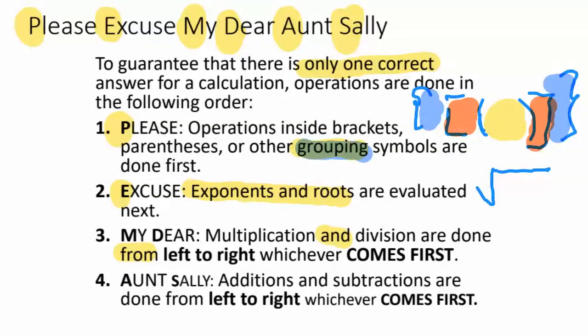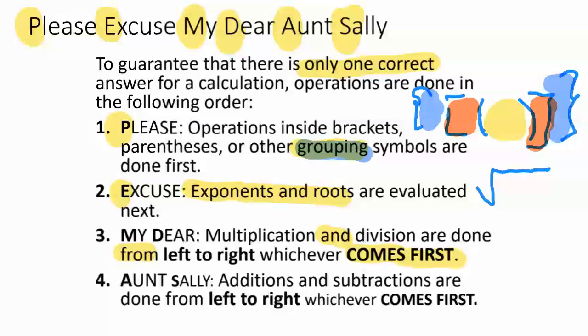That means if division comes before multiplication, I'm doing division. If multiplication comes before division, I do multiplication. But the key is, as I read the mathematical line from left to right, I find which symbol comes first,